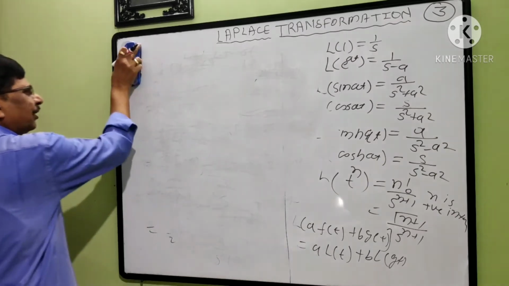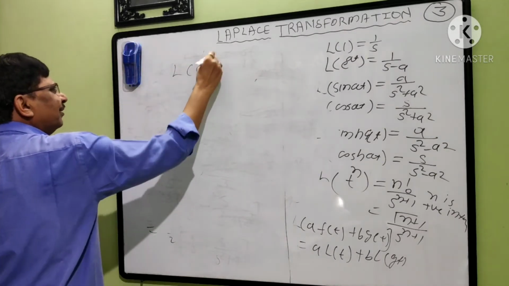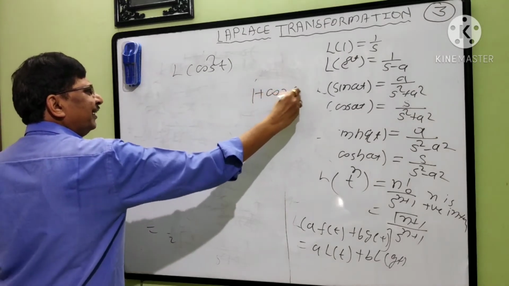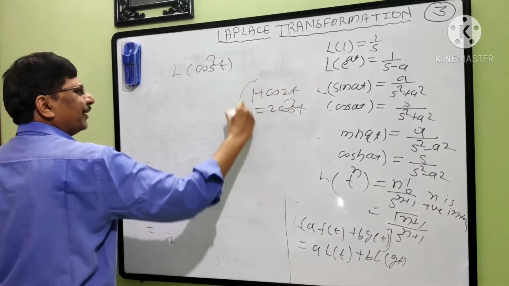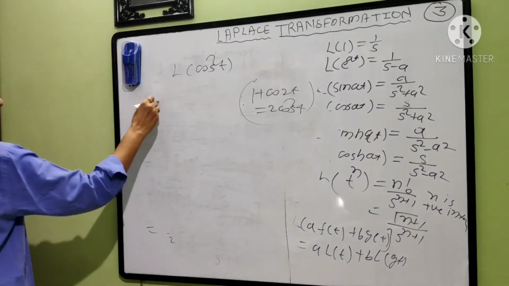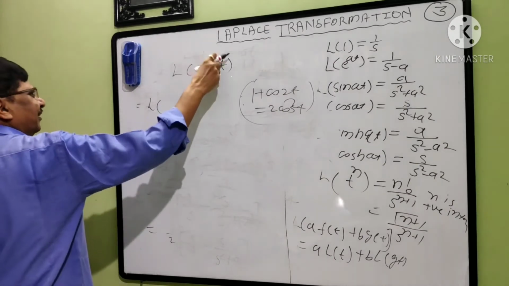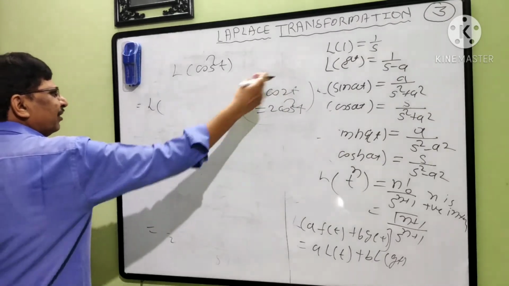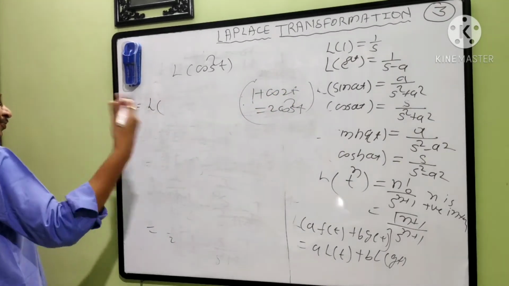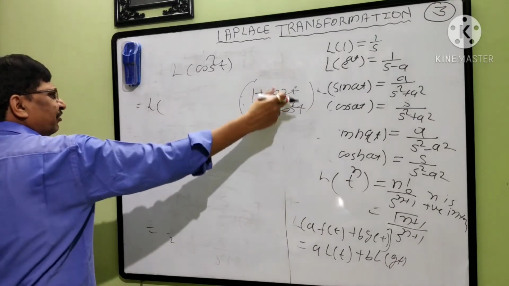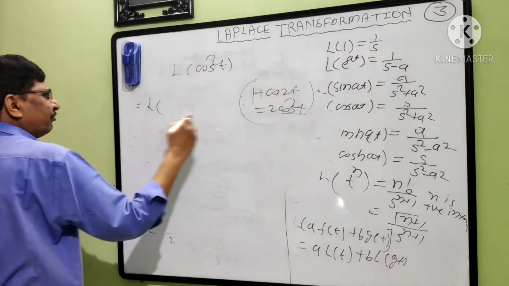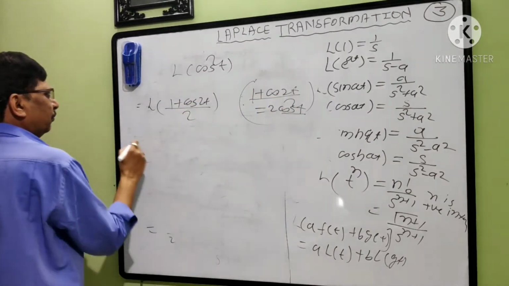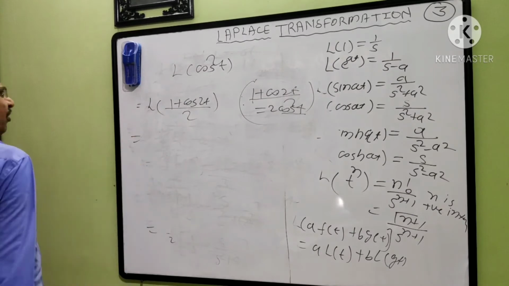Now sin square is done. Now find Laplace transformation of cos square. For cos square, again what is the formula? 1 plus cos 2t is 2 cos square t. Again I am writing here Laplace transformation of cos square t, because it is a composite function, now converted to simple function. 1 minus cos t means 2 sin square t, 1 plus cos t means 2 cos square t. You have used it many times. Now cos square t means what? 1 plus cos 2t upon 2. Minus means sin square, plus means cos square.